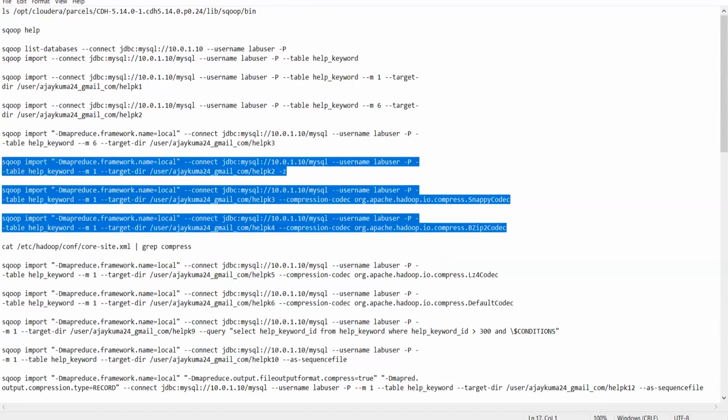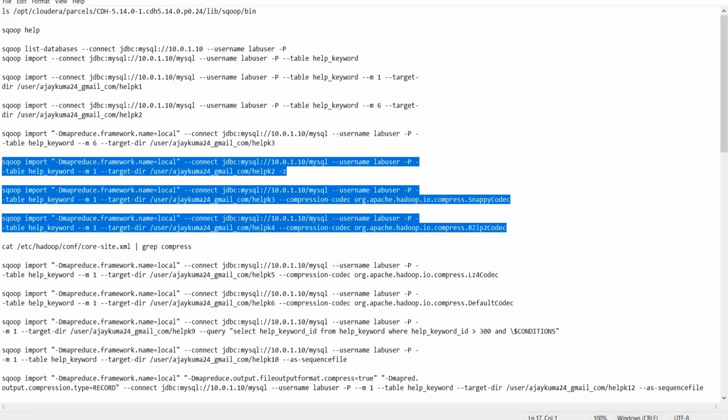So I'm doing a Sqoop import. I'm also giving an argument so that Sqoop, which also triggers a map reduce job, or I would say map only job. So when you run a Sqoop import, it triggers a map only job. No reduce happens here. And you could specify this argument on the command line, mapreduce.framework.name, so that you could run your map only job in a local mode to save time, or that would interact with Yarn and run a full-fledged map only job.